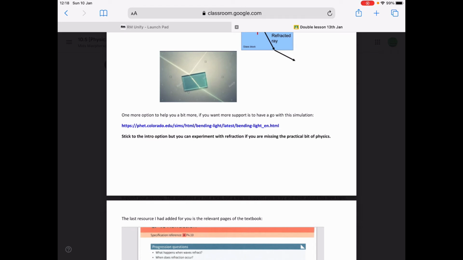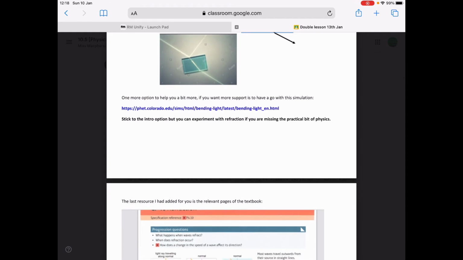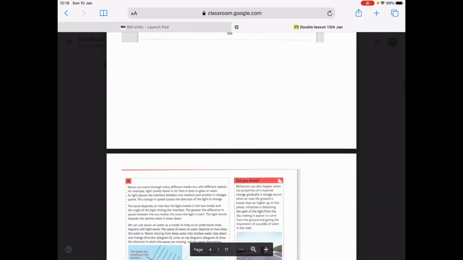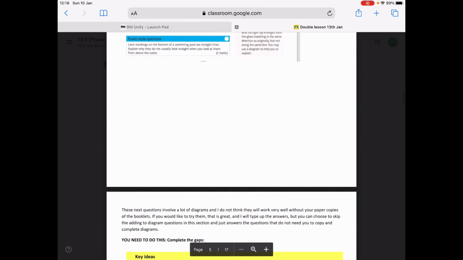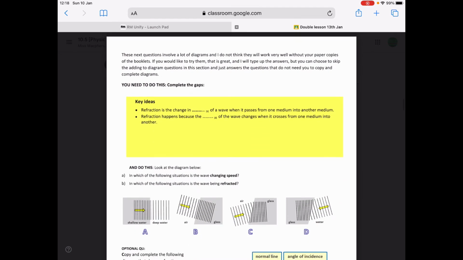Another option, there's a simulation. If you're missing the practical bits, if you're missing doing experiments, you might like to play with the simulation to remind you of that lesson a little bit. But of course, the textbook pages are there for you to read through if that's the way that you would like to do it. So the next lot of questions do involve adding to diagrams,